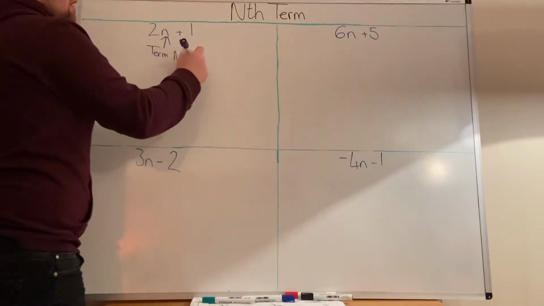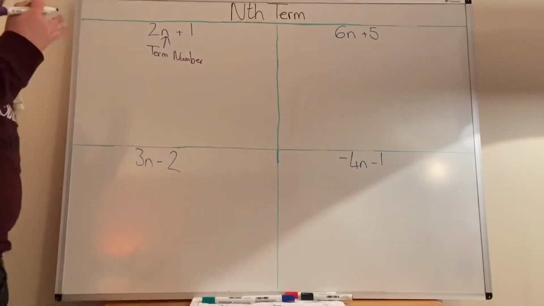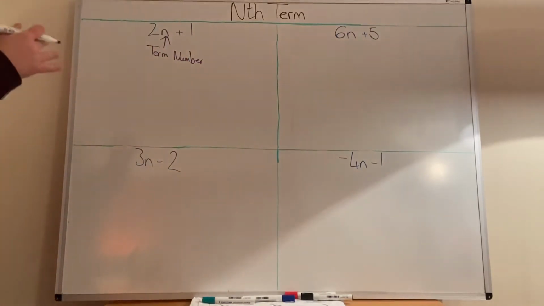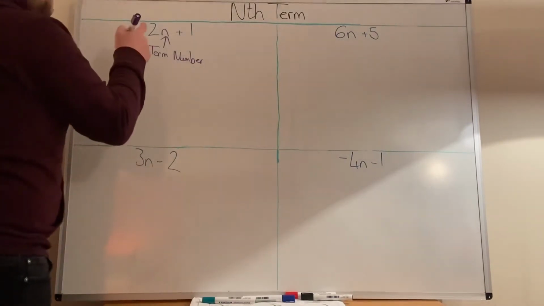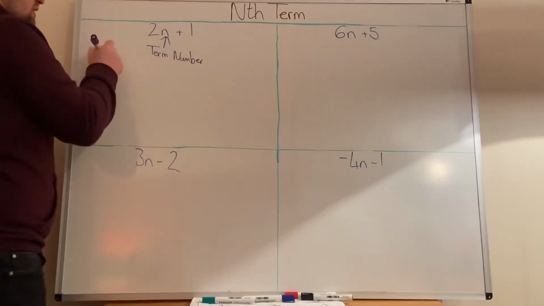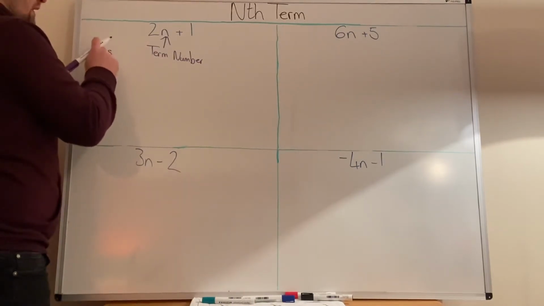We're going to find the first 3 terms in each sequence. It could be the first 3 in your test, it could be the first 5. It will vary. You need to read the question to find out how many numbers you need to get in a sequence. So for the first term in the sequence,